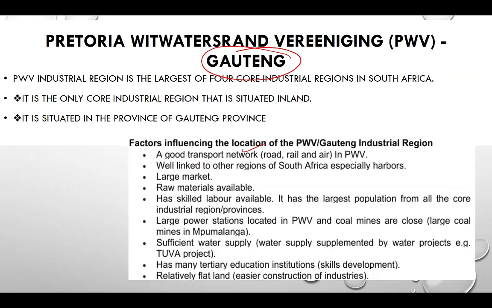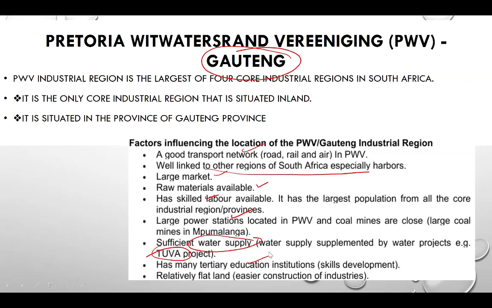We are well linked to other regions because PWV is very centrally located, so it is easily accessible. Then we have a large market. We have raw materials. We have skilled labor. We have power stations available, or electricity. We have supply of water from the Tugela Vaal water projects, and there are many